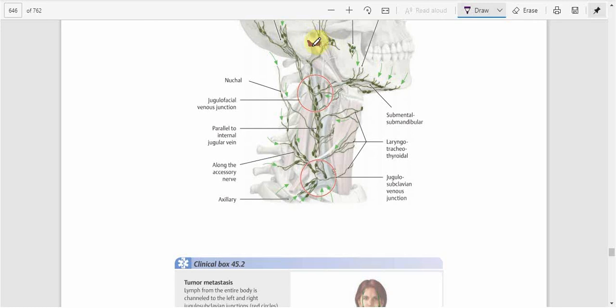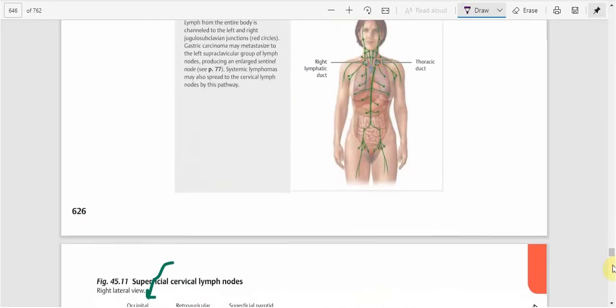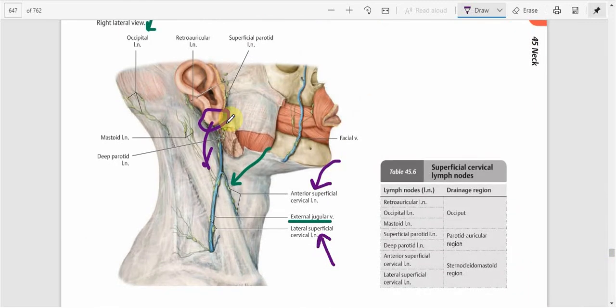The floor of the external acoustic meatus, and also the lobule of the auricle, and the skin over the lower parotid region. This is the parotid region, this is the lower parotid region, and this over here is the area of the angle of the mandible. All of these areas basically drain into here,